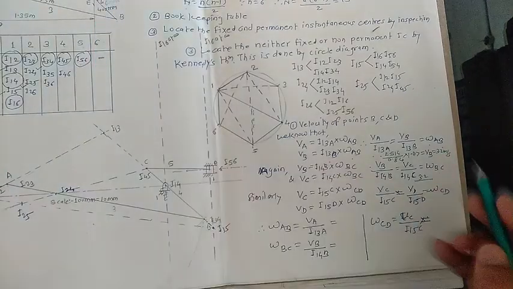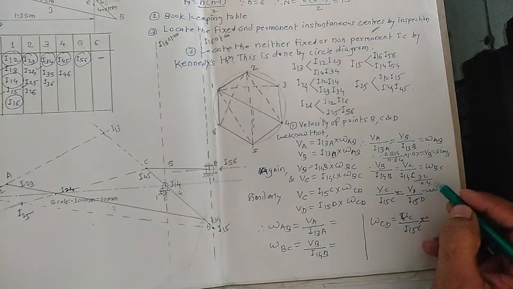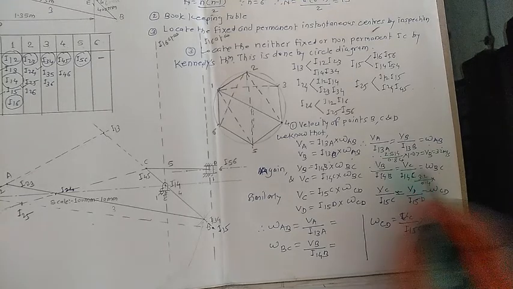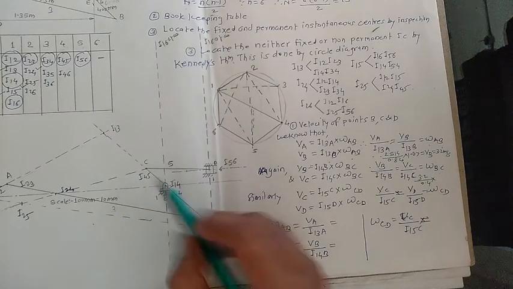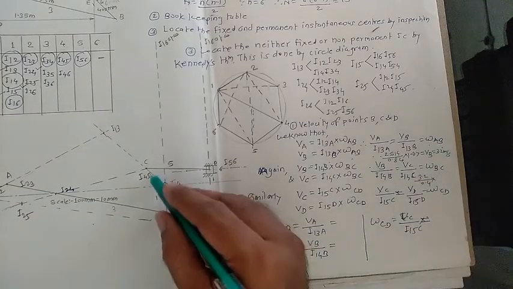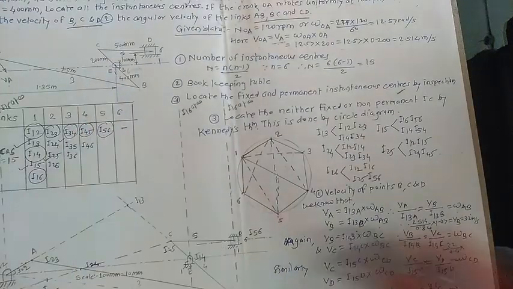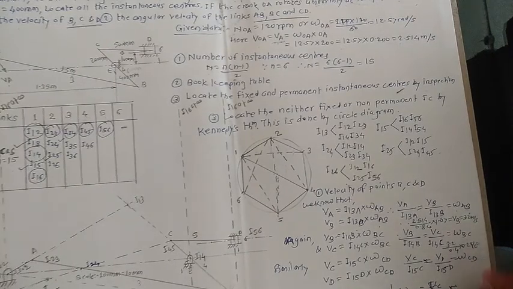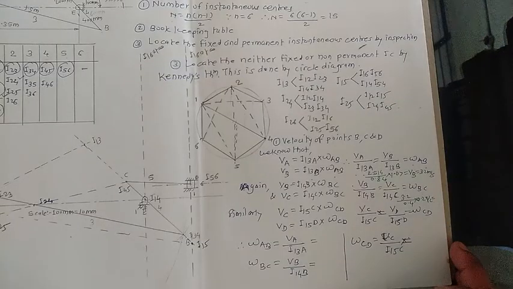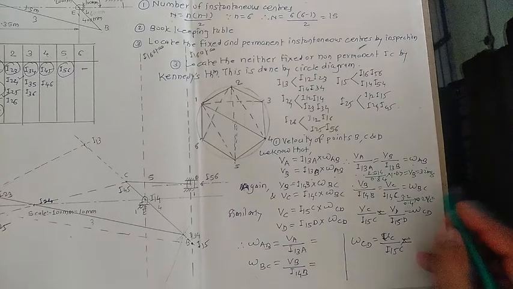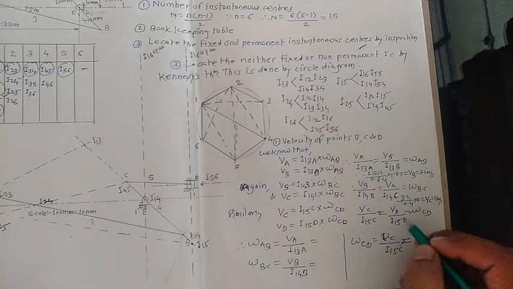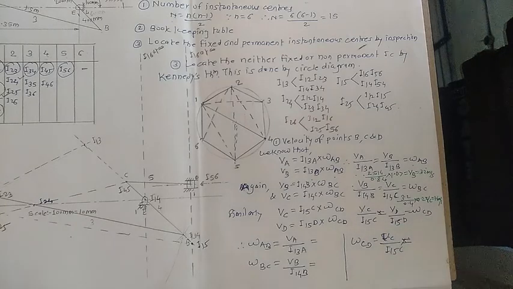Okay, just substitute here 0.4 because we have to convert this one into meter. Okay, so multiplied by I14C. I14 is here, C is here. So this distance with us 200 mm as per given in the problem. So should be multiplied by 0.2. So in this case we can get the VC. So VC equals to 1.6 meter per second.